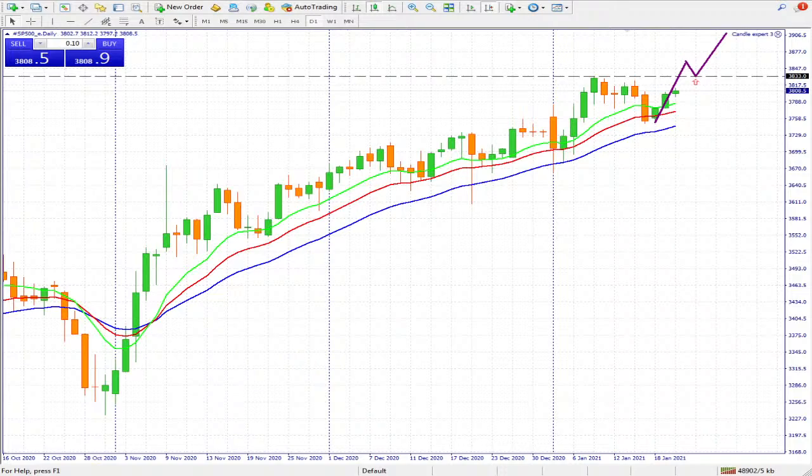So as it is now, we just want to see a breakout, a pullback, and then a continuation to the upside. This is what we expect to be happening. So this will give us an ideal place where we want to look for a buy position from. So the next chart